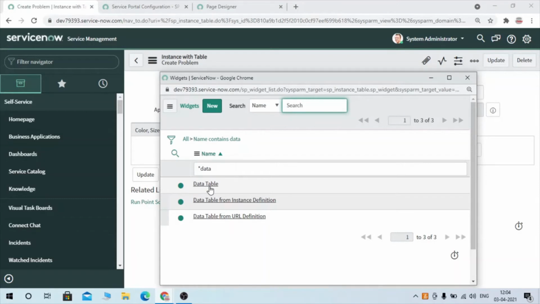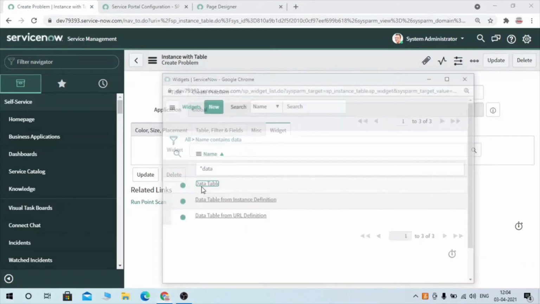So I'm going to make a video on out of box visits, what all visits are available out of box, and how you can make use of them in your portal creation or page creation. So I'm going to explain the functionality of existing visits. Okay, so it will be useful for you. So yes, let's understand in another video. Now try to focus on this. So we have to fetch data from a table, or we have to create data from a table. That's why we are going to select data table here.